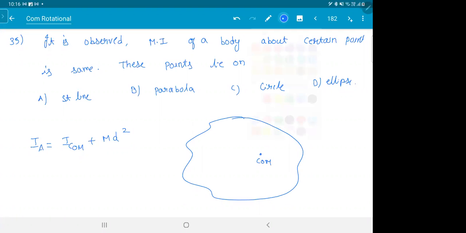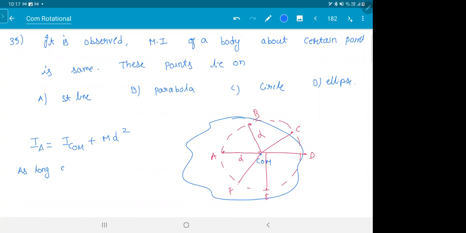For example, if you take a circle like this, if you take a point here, what is I_A? This distance. What if I take this point? Did the distance change? This point, this point, this point, this point. Does this make sense? So the thing is, remember, the orientation does not matter. As long as you keep the distance the same, the moment of inertia will remain the same. Right? So as long as the D is the same, I remains the same.